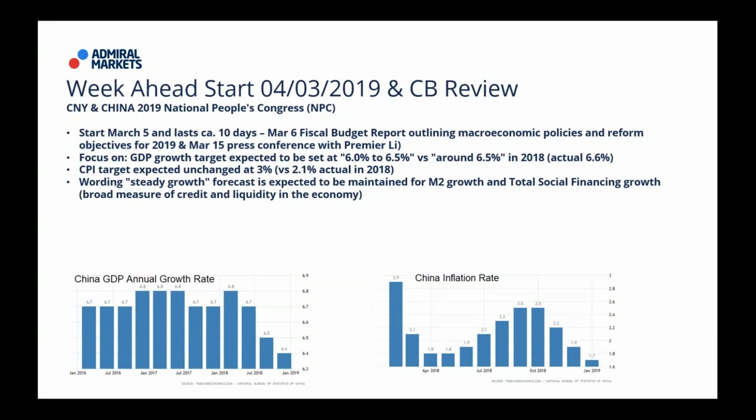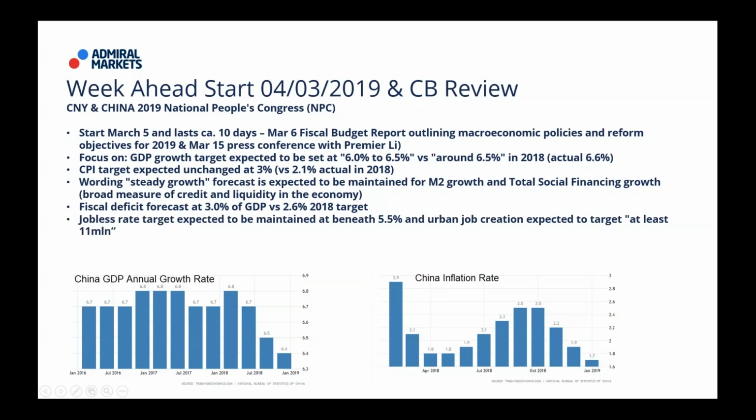So yes, there is a coming off in terms of global economic growth, but China is not doing the same thing. China is focusing on helping their domestic demand and on actually containing their shadow banking system and the leverage in that system. Their fiscal deficit is forecast at 3% of GDP versus 2.6% in 18. So there you can see that they're willing to spend 40 basis points additionally of GDP to help their domestic demand side by pumping out credit.